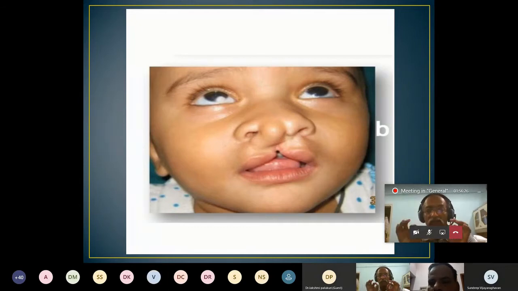So you have to mark the midpoint of the Cupid's bow and highest points of the Cupid's bow. Where are the highest points of the Cupid's bow? Can you mark with the help of a pointer? Can anybody mark for him? Yes, there it is. Okay, that is the highest point. Similarly, on the left side, there is one highest point of the Cupid's bow. Those points you mark, and then the proposed lowest point of the Cupid's bow.